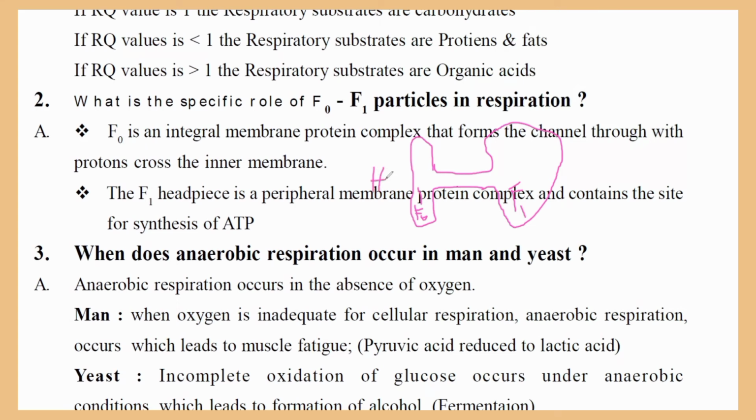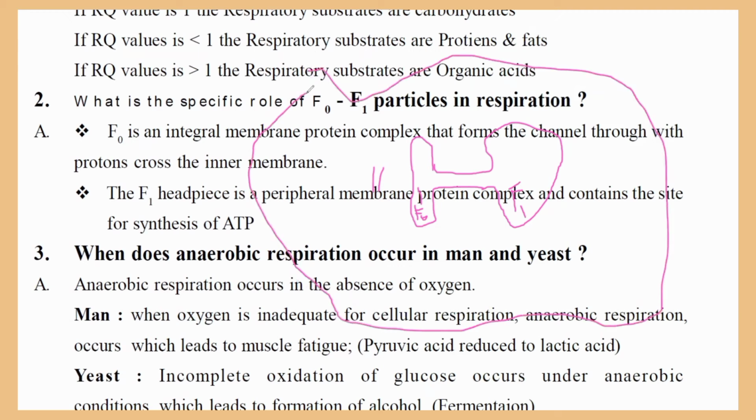Here protons are present inside. So imagine this is the chloroplast. Sorry, mitochondria. This is not the chloroplast, because respiration takes place mainly in mitochondria. When we take the cristae, respiration takes place in the mitochondria. So when we take a membrane on the cristae, here what happens? Now let us take the mitochondria.